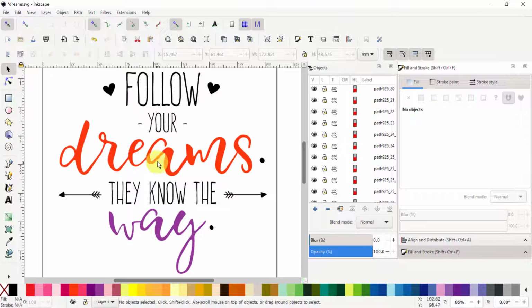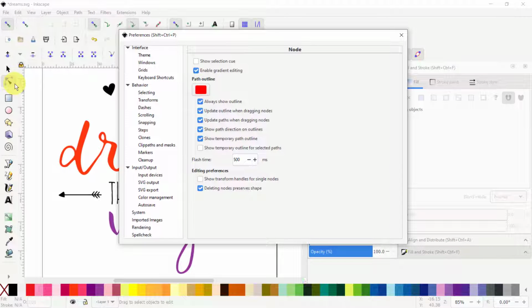And also, now that we are back into the main screen here, if you want to access the preferences for a specific tool in a quick way, then what you can do is, I want to change the preference for my nodes tool. All I need to do is double click on the node tool, and I have the preference for the node tool, and I can go and change here